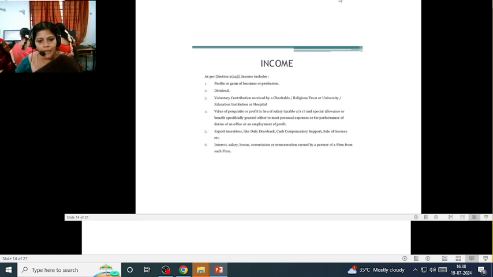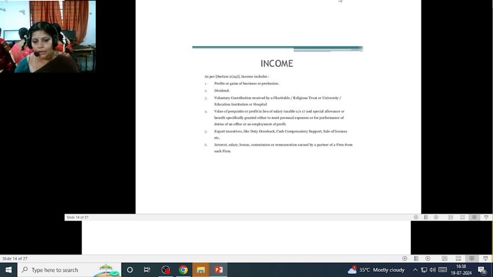So, as far as income is concerned, what do you mean by the term income? Income means profits or gains of business or profession. It may be dividend, it may be voluntary contribution received by a charitable or religious trust, university, educational institution or hospital. Value of perquisites or profit in lieu of salary taxable under section 17,